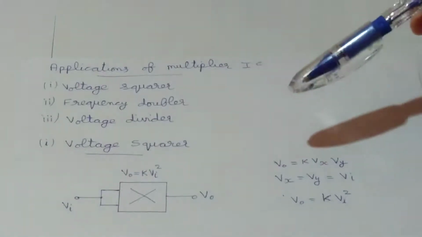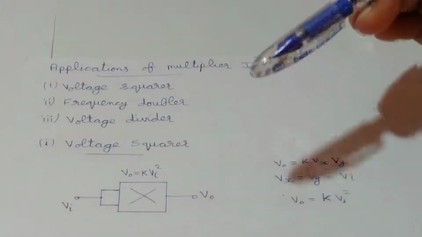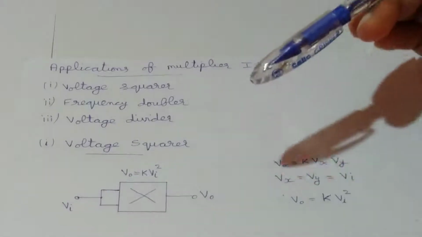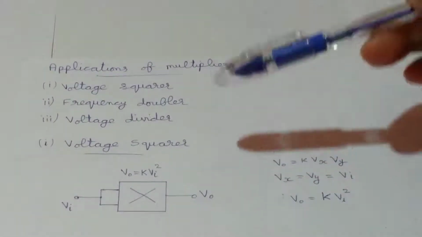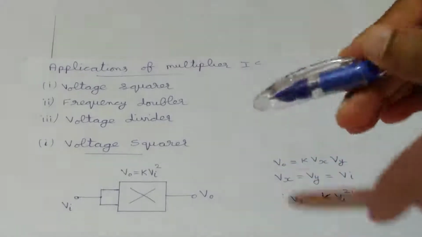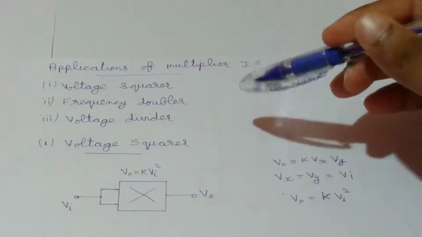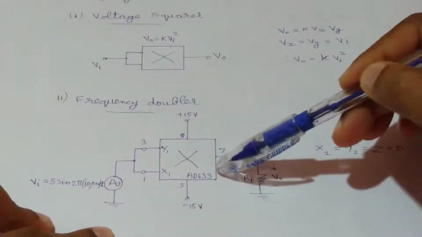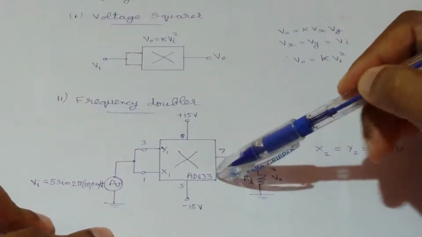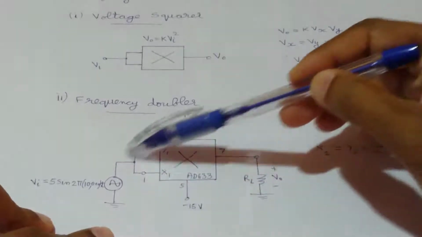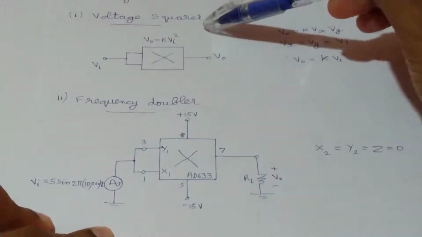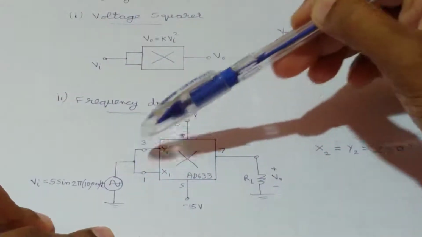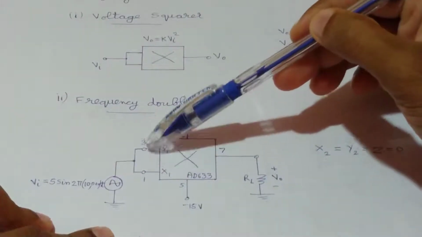Then the input voltage can be either positive or negative, represented by any corresponding voltage level between 0 and 10 volt. Then this application can be extended for frequency doubling applications. Let's now consider that application. This is the arrangement of analog multiplier IC as a frequency doubler. Here we can see the connection is exactly same as that of a voltage squarer circuit. Here also we can see the same input voltage is applied to both Vx and Vy inputs.